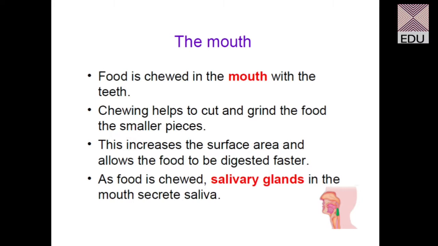So this process, the mastication or the chewing process inside the mouth, is also aided by some chemical digestion with the help of the addition of saliva to the food. The salivary glands are secreting saliva and it is being poured onto the food for chemical digestion. The second thing which is occurring inside the mouth